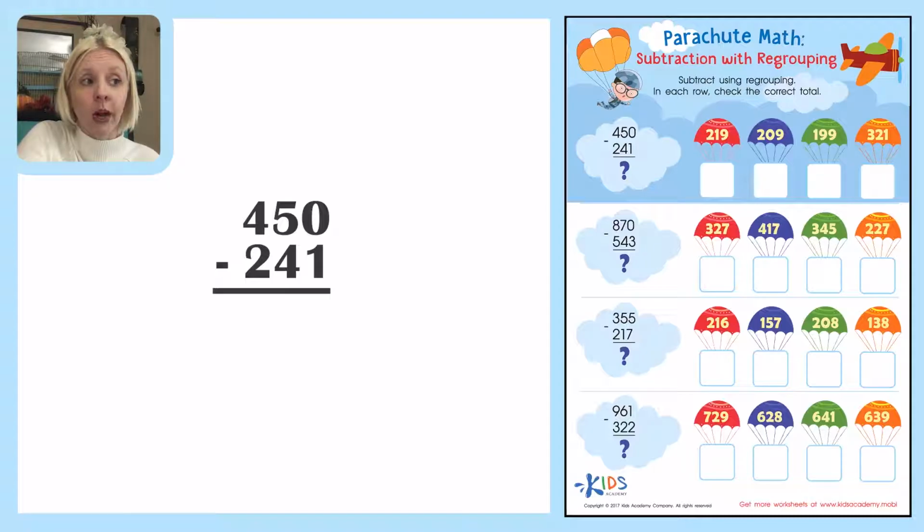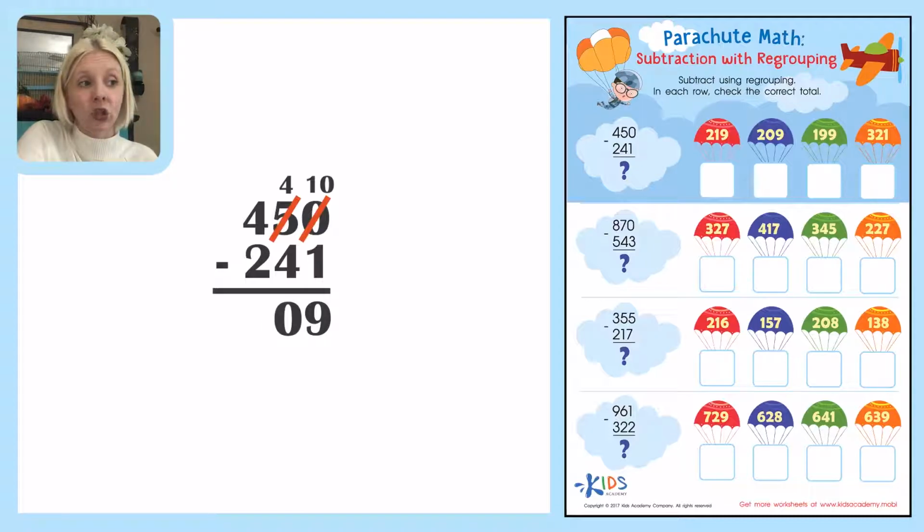I need to take 1 away from 0. Well, I can't do that, so this is where I'm going to need to regroup. I'm going to need to turn this into a 10, okay? The way that I do that is I add 10 to whatever number this is, so that's just going to be 10, but I can only do that if I take away from the next row over, which is our tens place. So this is going to be changed into a 4 since I took away 10 and I gave it to this side. So 10 minus 1 is going to be 9, and then 4 minus 4 is 0,